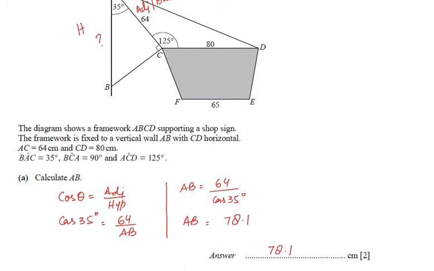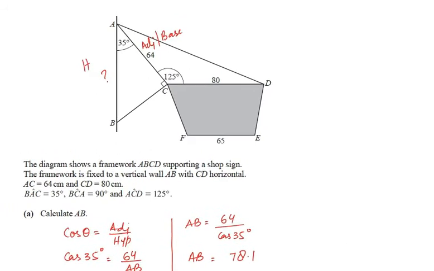You will get 2 marks when you use the correct trigonometric ratio and get the correct accurate answer. So 1 mark is for accuracy and 1 mark is for method. If you apply a correct method and get the correct answer also, then you will get the 2 marks for this. And if you apply any other trigonometric ratio, then your answer will be wrong. So remember the most important thing is that you must mark the correct sides: this is the adjacent side, this is the opposite side, and this is the hypotenuse.